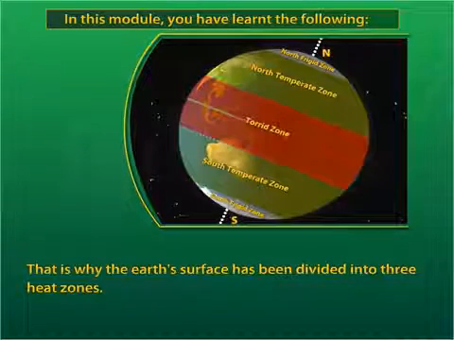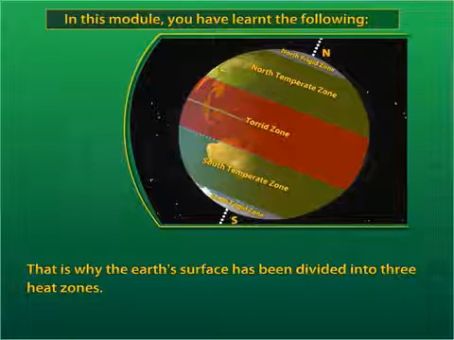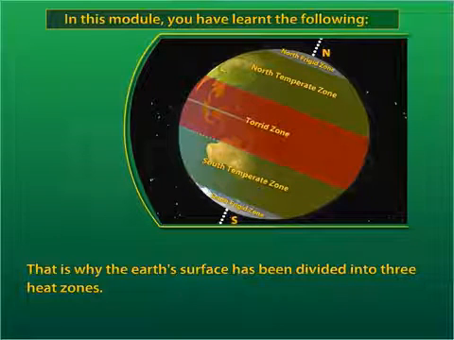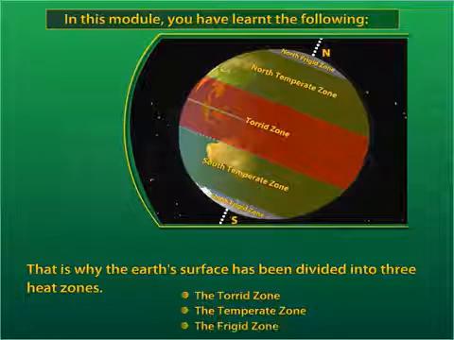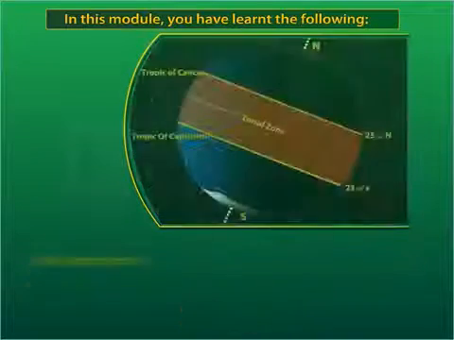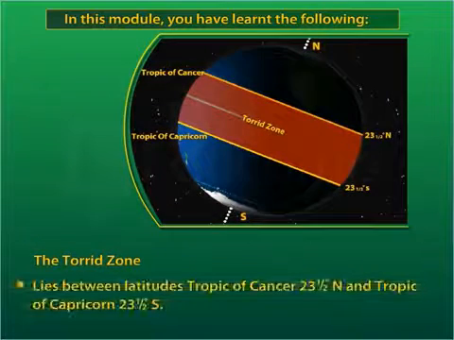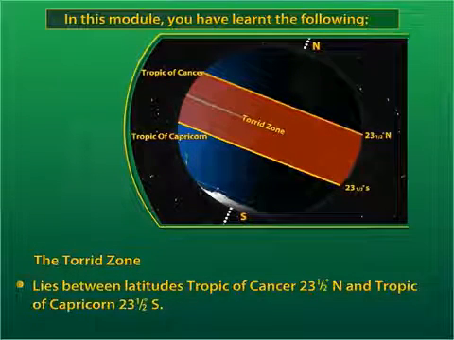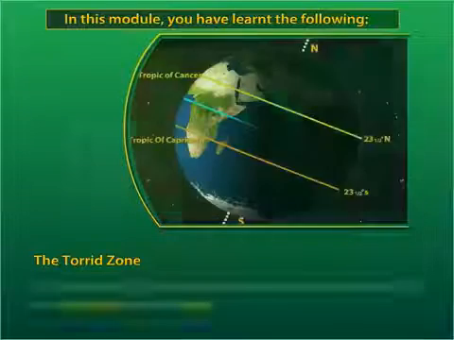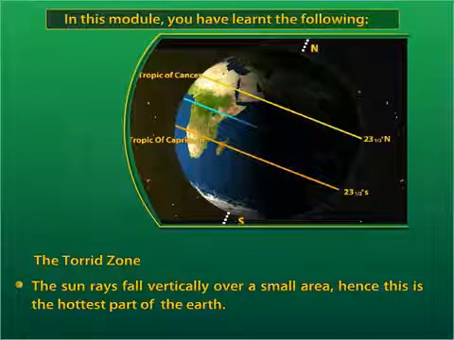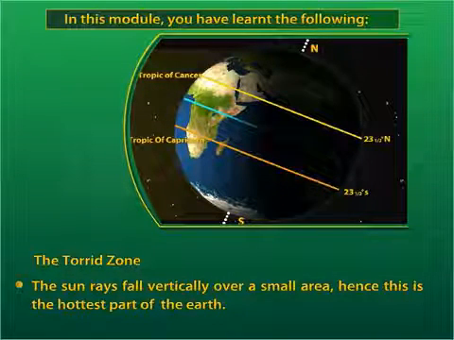That is why the Earth's surface has been divided into three heat zones: the torrid zone, the temperate zone, and the frigid zone. The torrid zone lies between latitudes Tropic of Cancer 23.5 degrees north and Tropic of Capricorn 23.5 degrees south. The sun rays fall vertically over a small area, hence, this is the hottest part of the